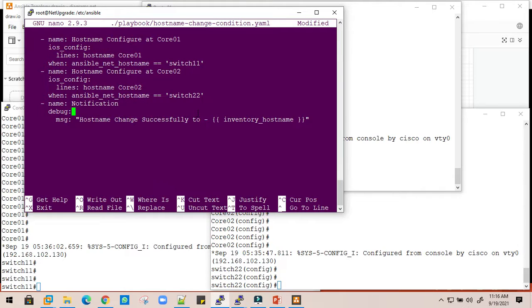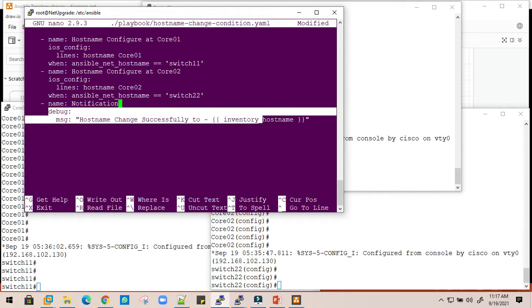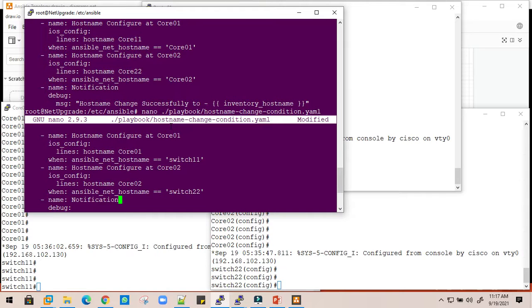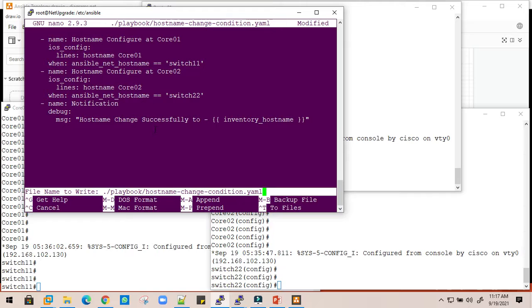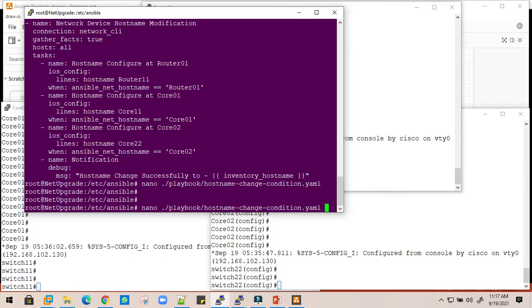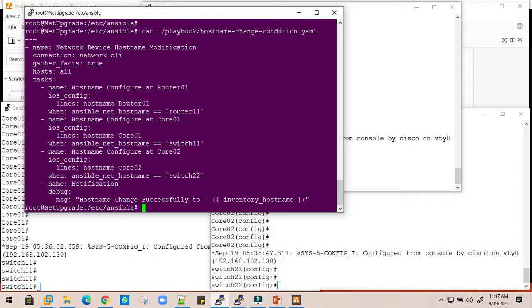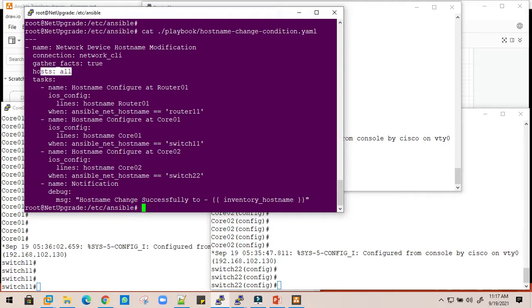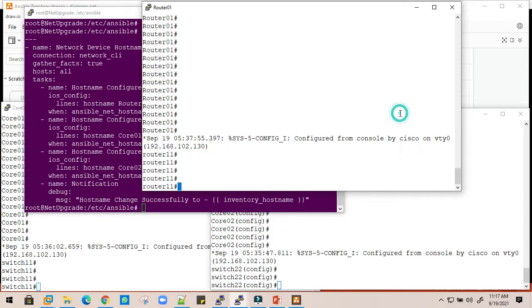And once it is done, it will give us a confirmation message that the device hostname has been successfully changed. Right? Let's save it and move out. Let's validate whether the changes have been committed or not. So we can verify: gathering facts, okay, all the devices okay, and then the router hostname, which is correct.